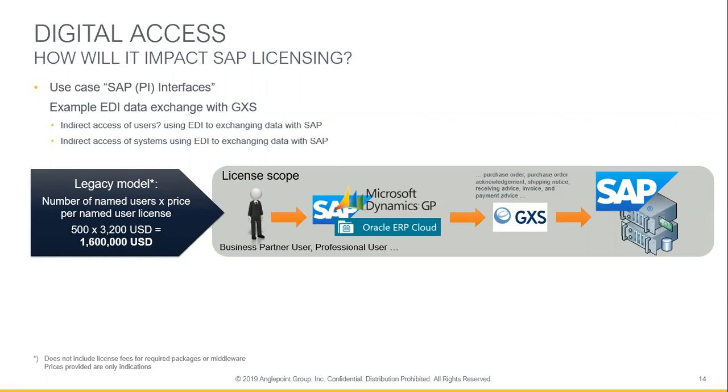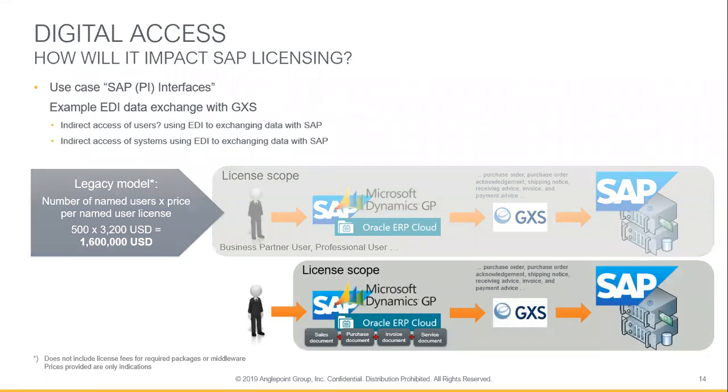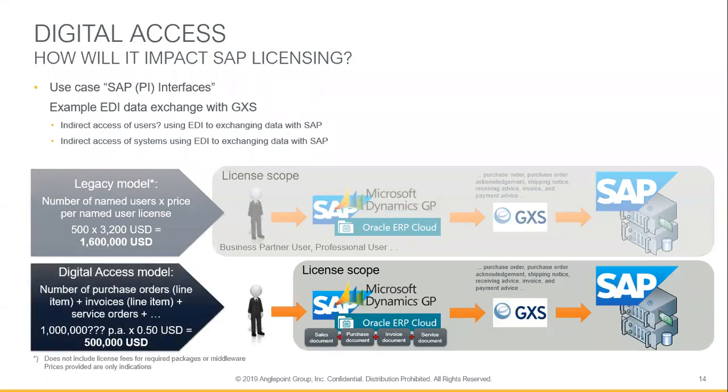Typically, GXS then sits on an SAP interface using SAP PI, where flat files are being exchanged. And again, in the understanding of the legacy license model, SAP would consider the entry of data by some business partner into their ERP system, and then that ERP system sending the data to your SAP system, again, using something like GXS, as being indirect access. And you can see that it's very comparable to the Salesforce scenario. Again, thinking about what data is being transferred and using EDI, you have the same issue around calculating the number of required documents in the first place, and then to derive the value of the licensing scenario in question.